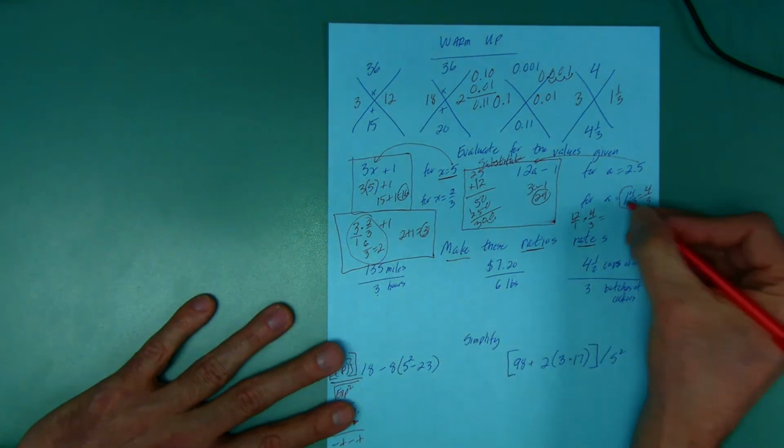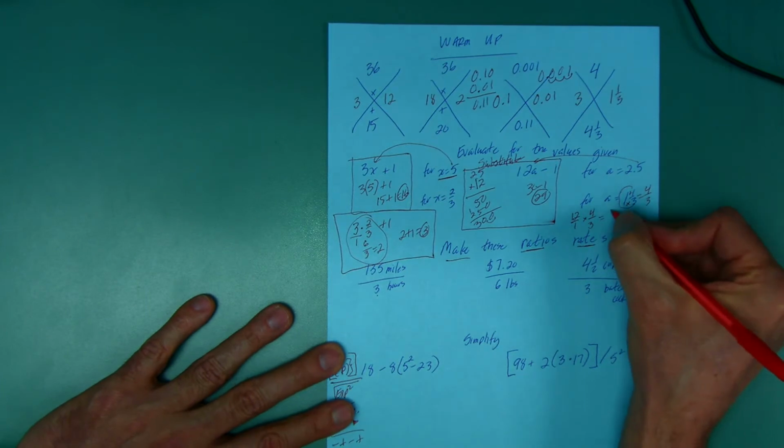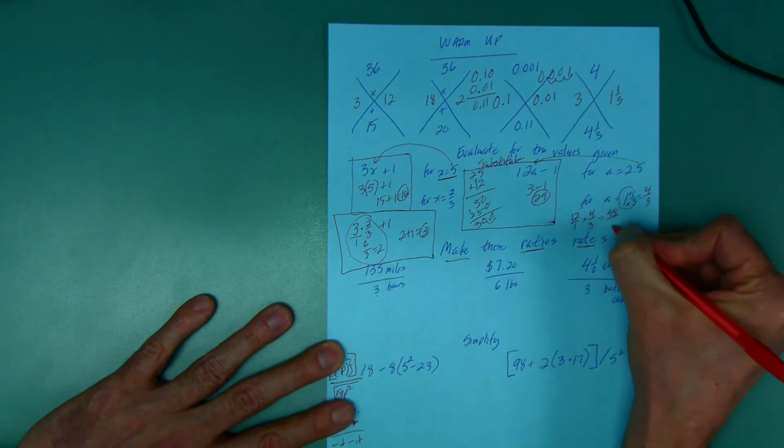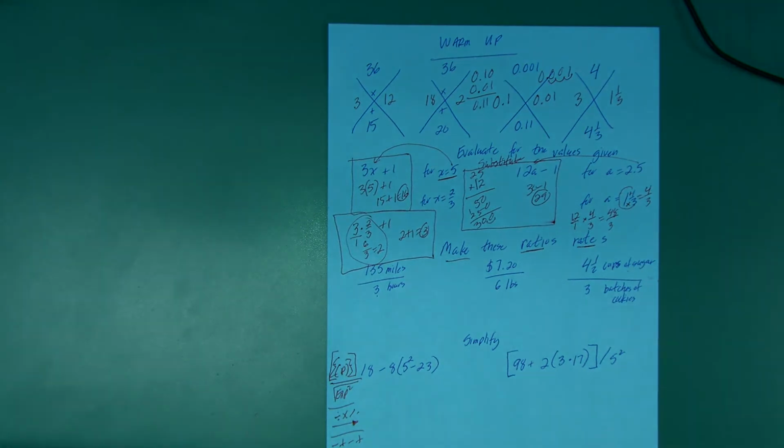And then I'm going to show you how you could have made that a little bit easier. So 4 times 12 is 48. 1 times 3 is 3. And then I have,